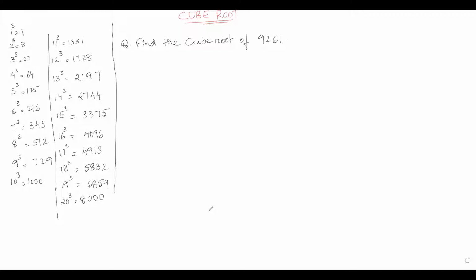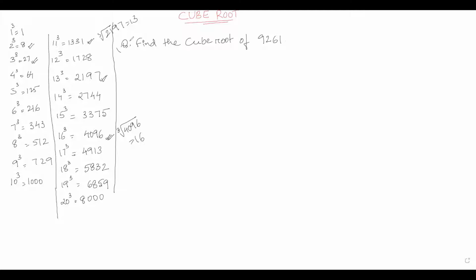In today's video, we are going to see how we can calculate the cube root of numbers given to us. But before that, we need to know the cube of some numbers. For example, 2 cube is 8, 3 cube is 27, 11 cube is 1331, 16 cube is 4096, 13 cube is 2197, and so on. Or indirectly, we can say that cube root of 2197 is nothing but 13. In a similar way, we can say that cube root of 4096 is nothing but 16.